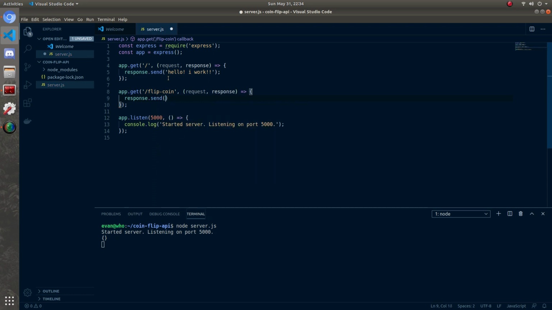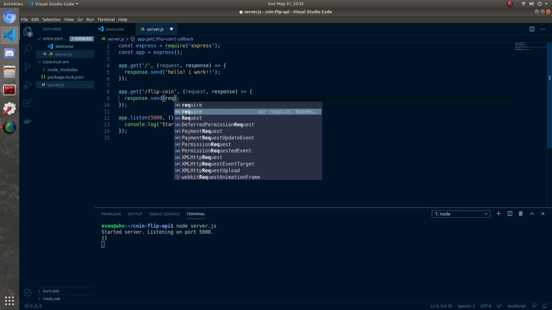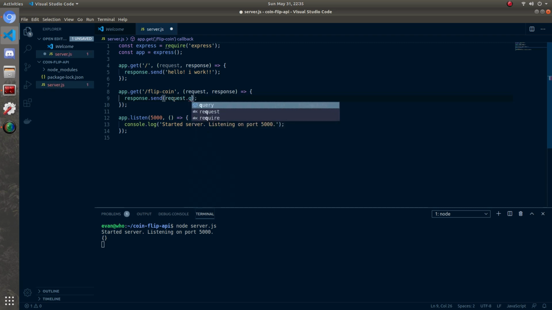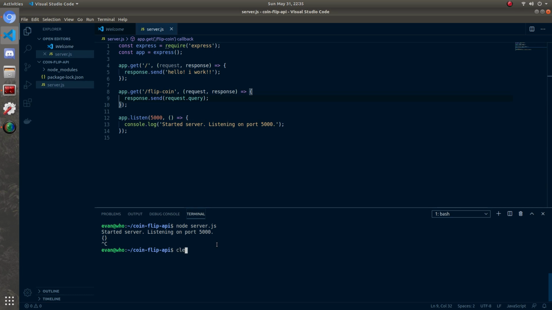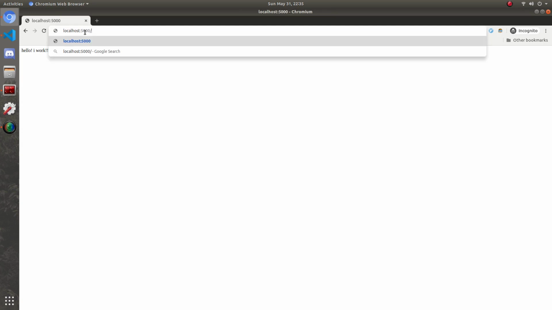So if you do response.send, and then in these parentheses here, instead of just sending a string value, I'm going to send something from the request parameter, which is going to be a field that represents everything in the URL that is a parameter. So you do request.query. And let's save that. Let's rerun it really fast. Here we go. Now, if we go to /flipcoin